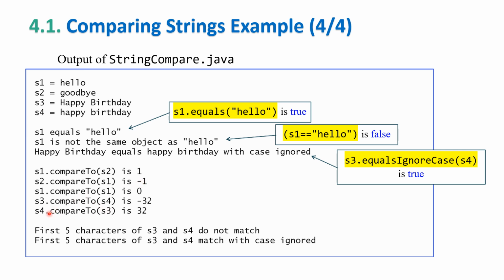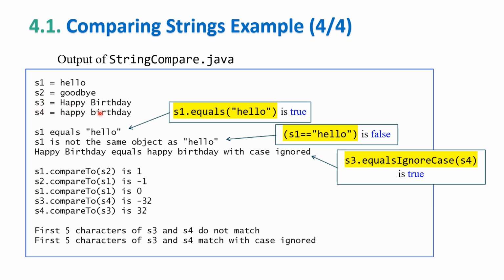Similarly, S4.compareTo(S3) is a positive number, meaning S4 is larger than S3